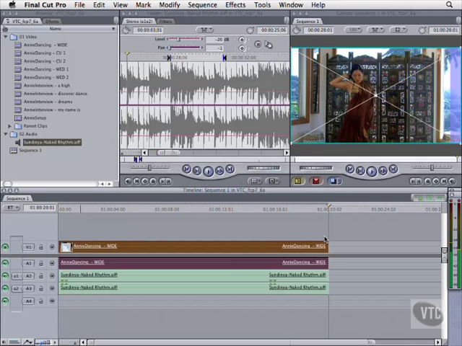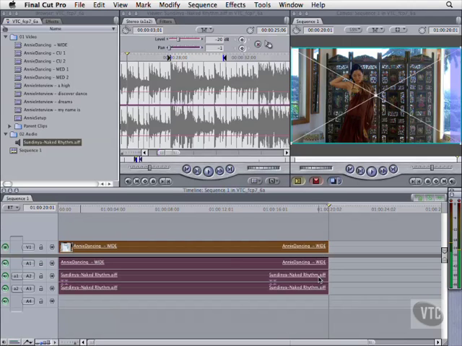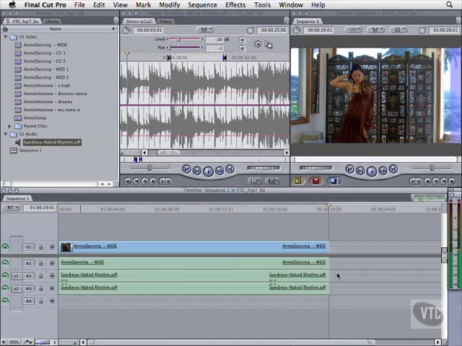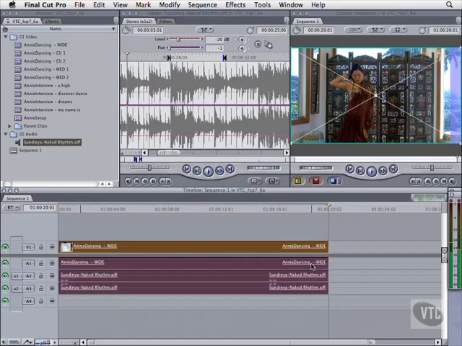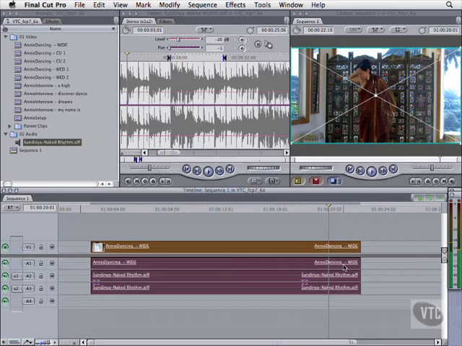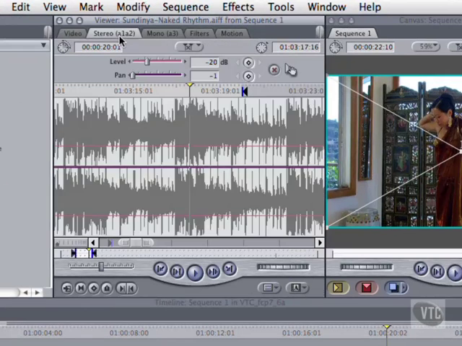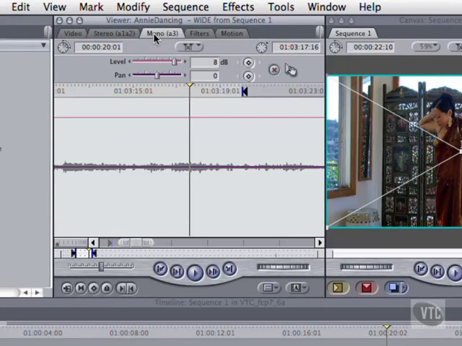Hit Command-A to select all tracks, then hit Command-L. All three audio tracks are now linked to the video track. They can be selected, moved, and trimmed as one. And if you double-click the clip in the timeline, each of the audio items has a tab in the viewer. Click back into the timeline